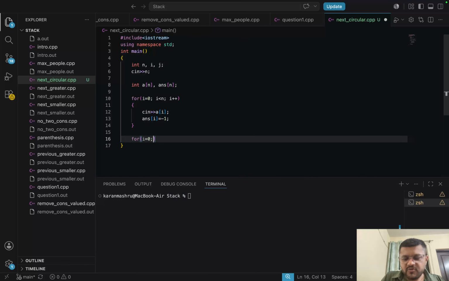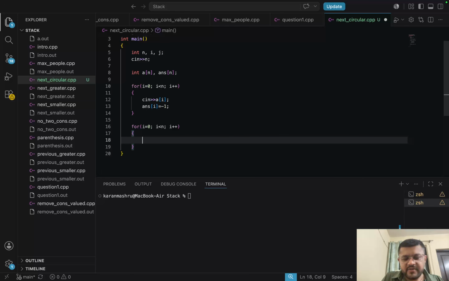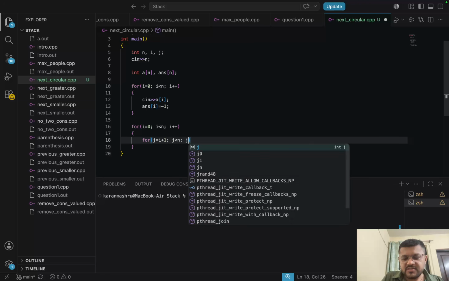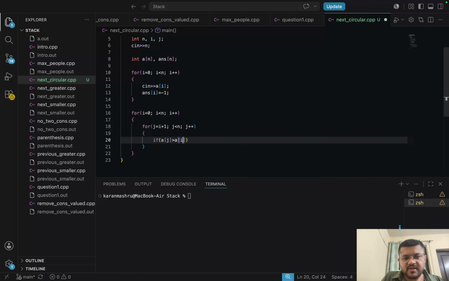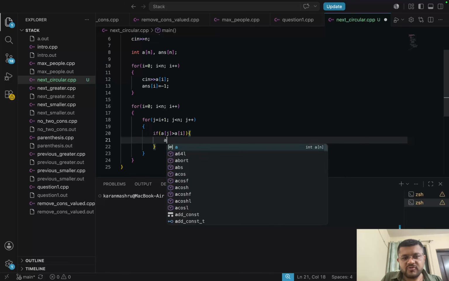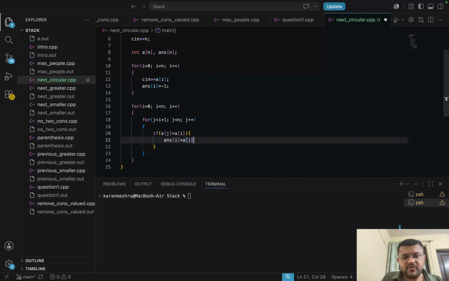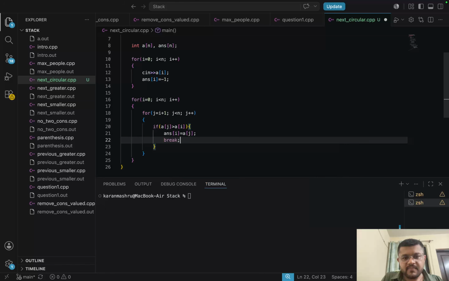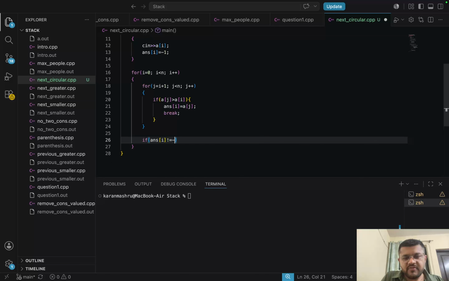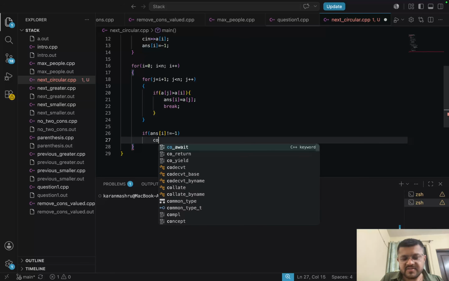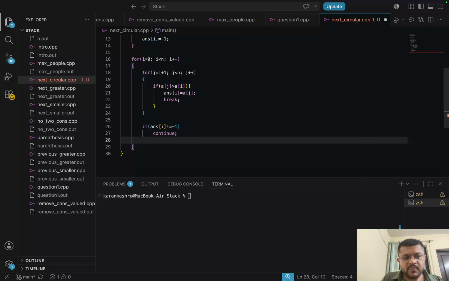Now for I equal to 0, I is less than n, I plus plus, and now I would say for j equal to I plus 1, j is less than n, j plus plus. If a of j is greater than a of I, answer of I is equal to a of j, and I will break. So if answer of I is not equal to -1, it means we have found the next greater element, then I'll continue.